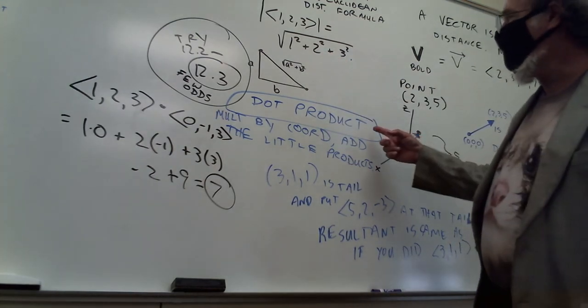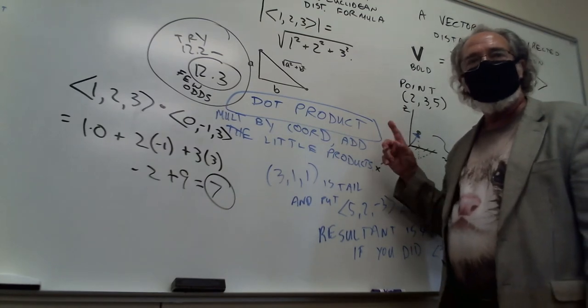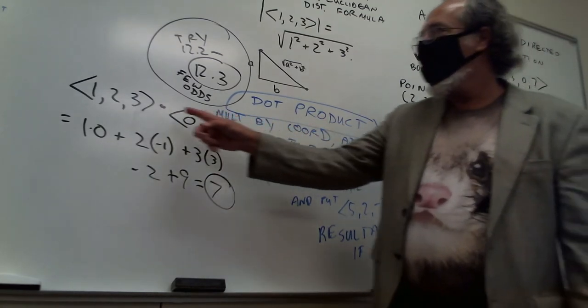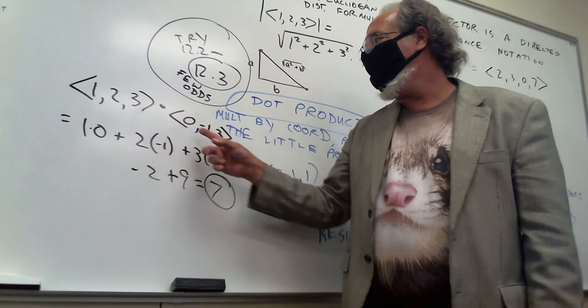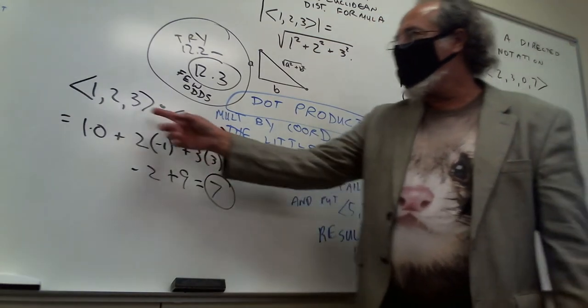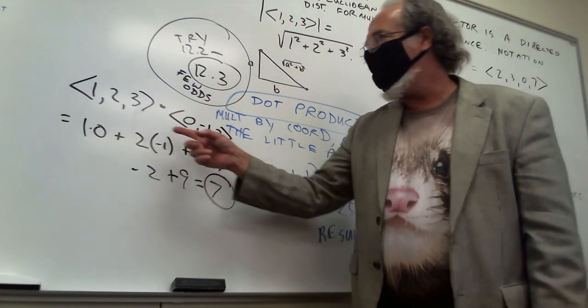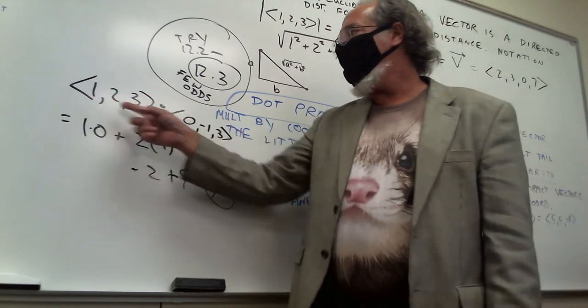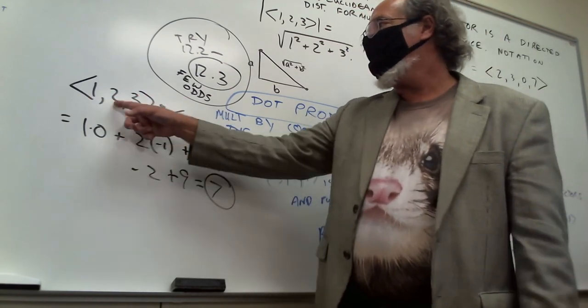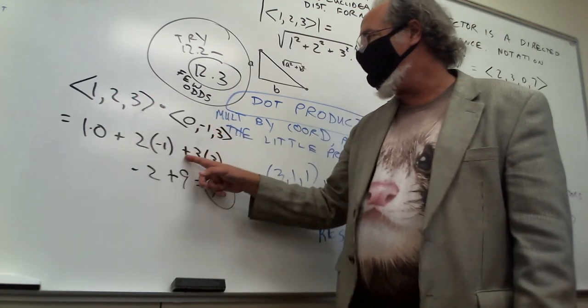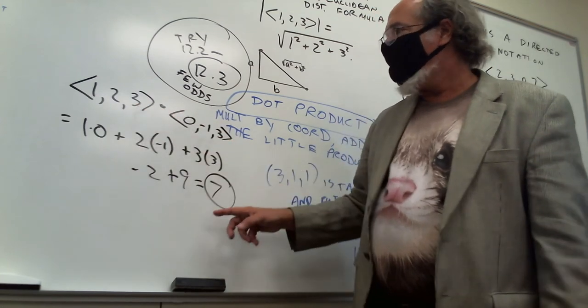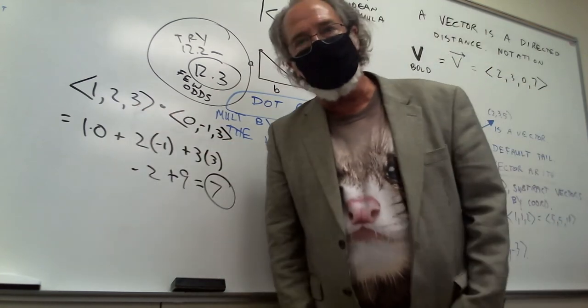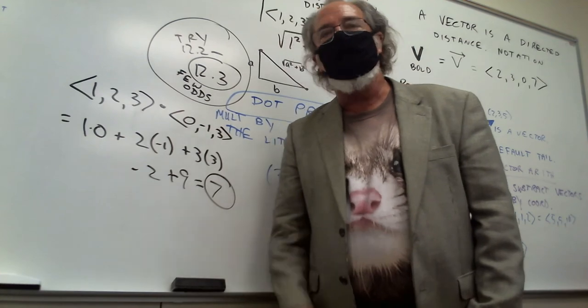And then this is, as far as we got, this is 12.3. Just started dot product. So you do a vector dotted with a vector. They have to have the same number of coordinates, because the dot product is the first times the first, plus the second times the second, plus the third times the third. So the dot product of two vectors is a number, and that's as far as we got first day of